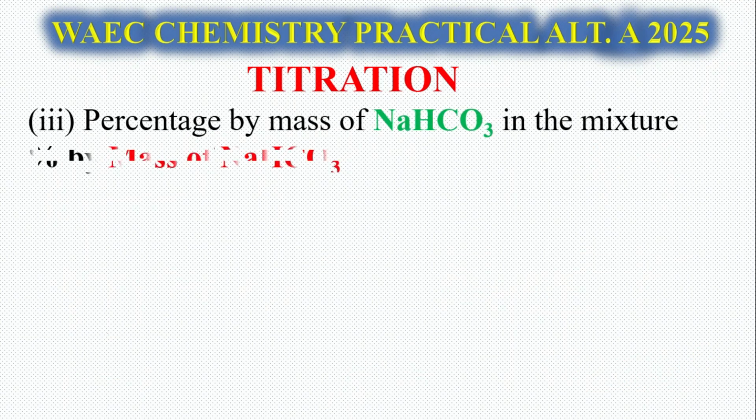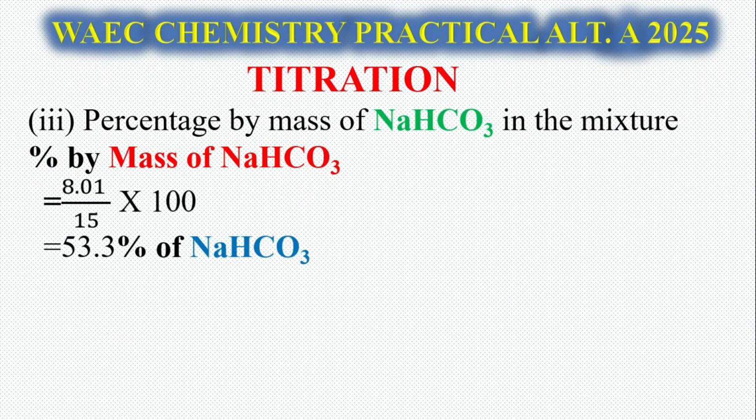All right, let's proceed to the third one. I want to calculate the percentage by mass of sodium hydrogen carbonate in the mixture. Remember, we have a mixture of NaHCO3 and KCl. So let's calculate the percentage. The percentage is going to be the value of our NaHCO3, 8.01, multiplied by 100, divided by the total mass of the mixture given, which is 15. So the percentage is going to be 53.3%